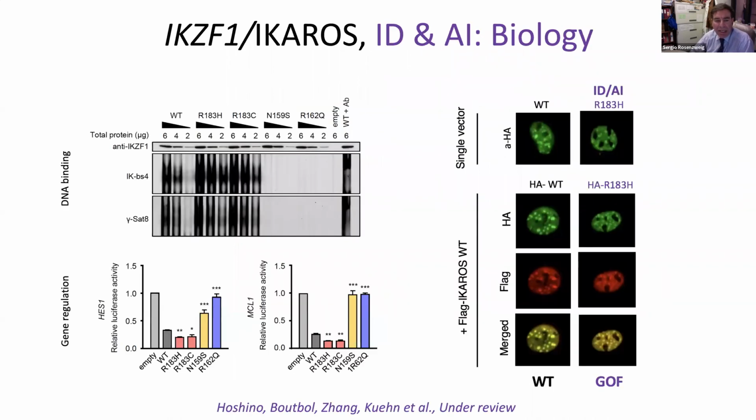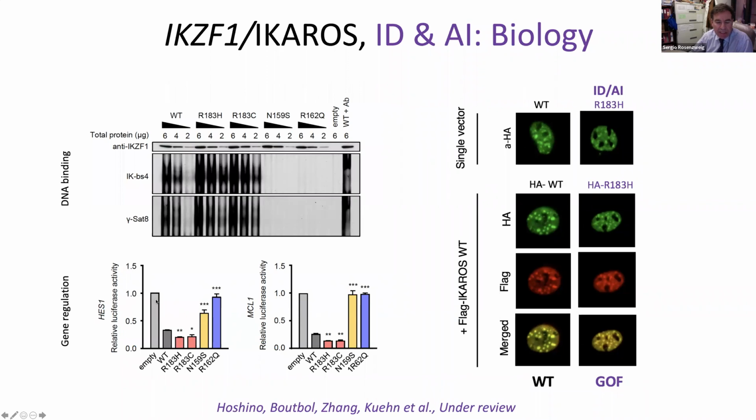And here is the mechanism of action. You can see here the wild type. Here you have the EMSA, and you can see that at a certain level, the wild type stopped binding, but the mutants were binding to the DNA increasingly compared to the wild type. So this was a very clear gain of function, and we confirmed that by